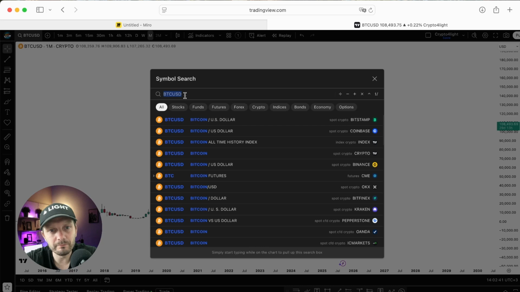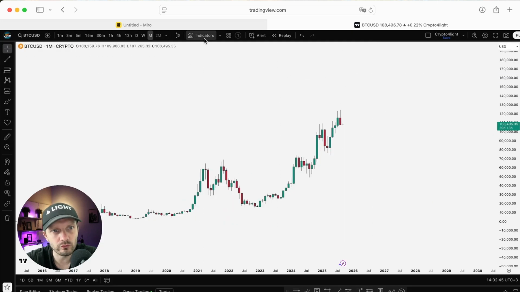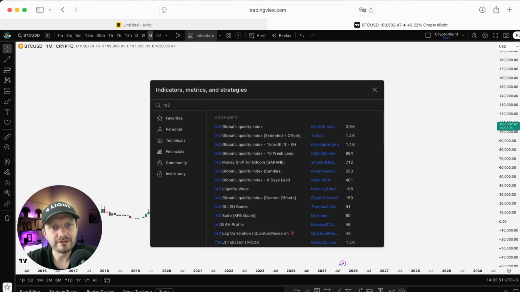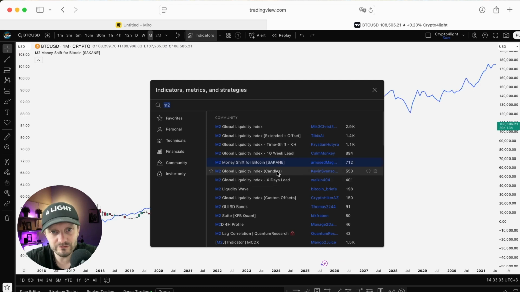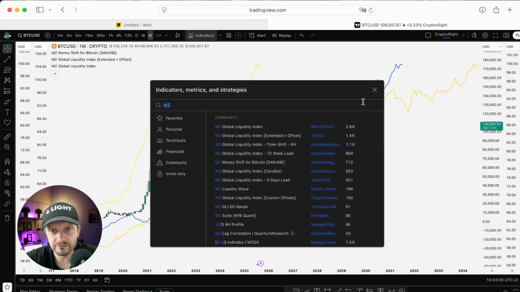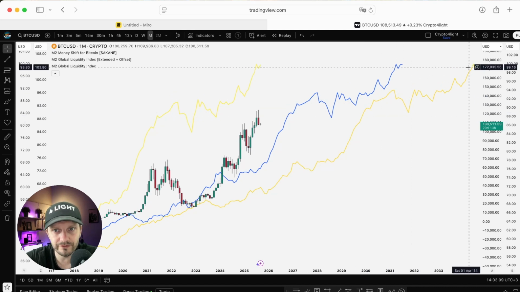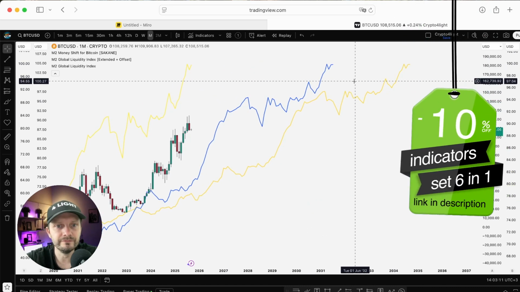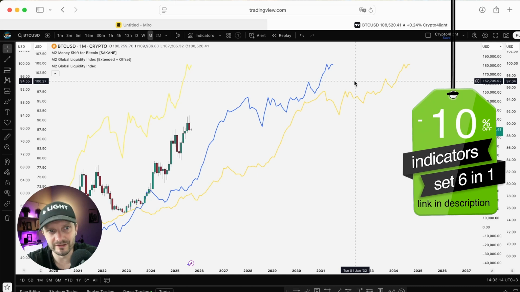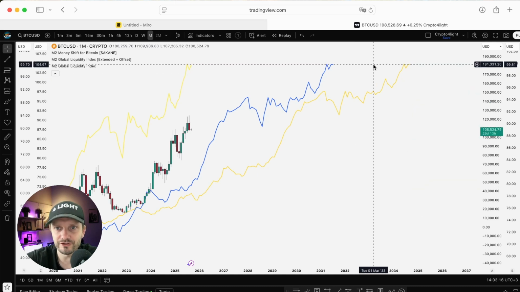That's why we can open the BTCUSD crypto chart, full history of BTC, or you can use Bitstamp, monthly time frame. We go into indicators and we can use one of many of these M2 global liquidity indexes. Let's try this one, or this one, this one. Almost all of them are pretty much the same because all of them show us that if the BTC correlates with M2 liquidity, the price should be around